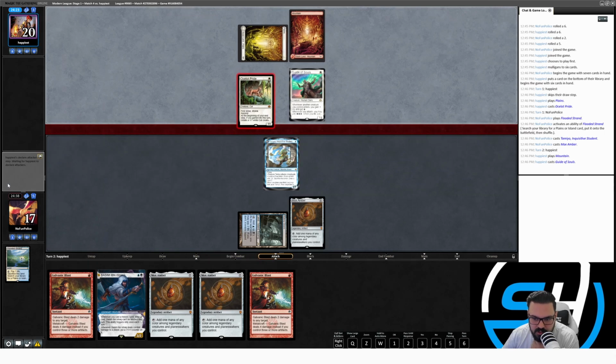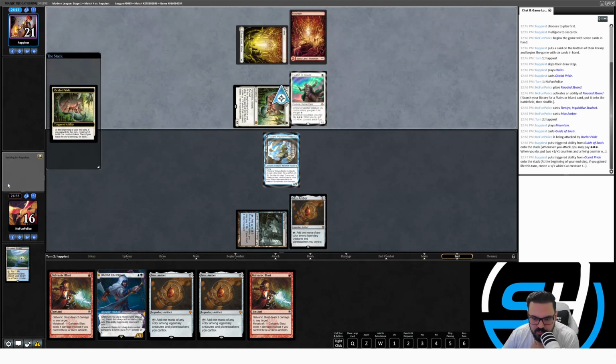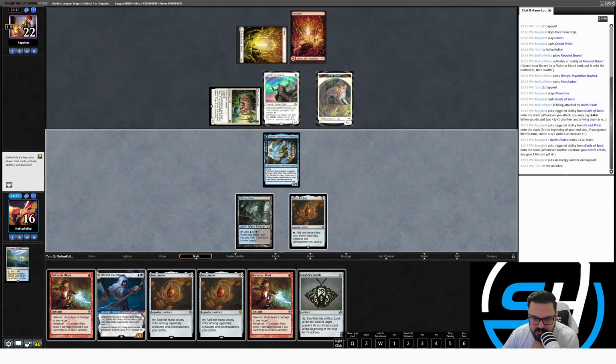I'm just not going to block. I just don't think I care enough to block right now. I'm not going to fall for any tricks and traps and dumb stuff that you could do. So you're going to make a dude. They're probably going to kill my Tamiyo in my upkeep. I have to imagine that the fact that they did not play a Galvanic Blast...